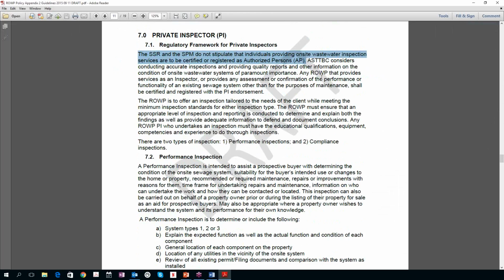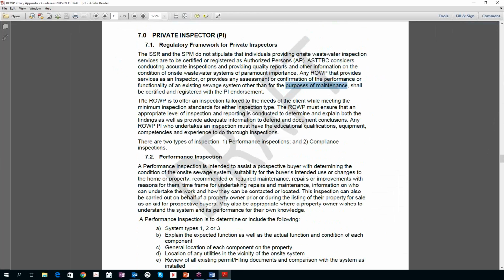But if you're a ROWP that provides services as an inspector, then you shall be certified and registered with the private inspector endorsement, unless you're making conclusions for the purposes of maintenance, in which case you need to be a maintenance provider. So it's a bit confusing, but I think you get the gist of it, is that you have to be a private inspector in order to do that kind of work.